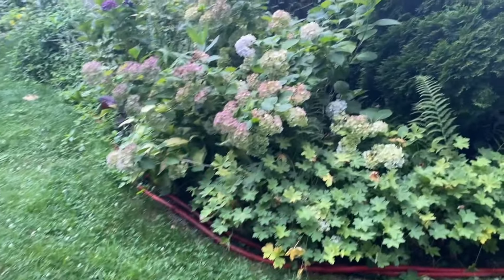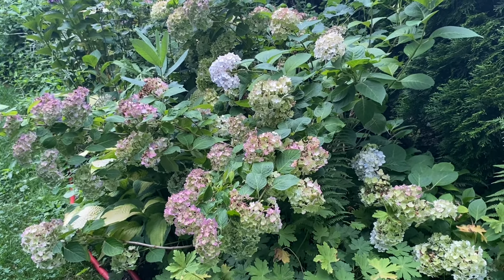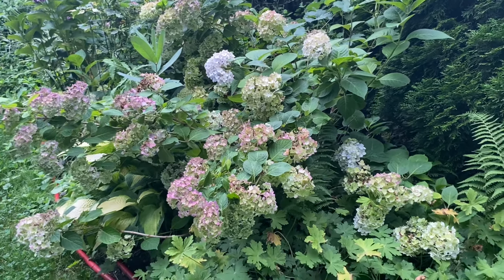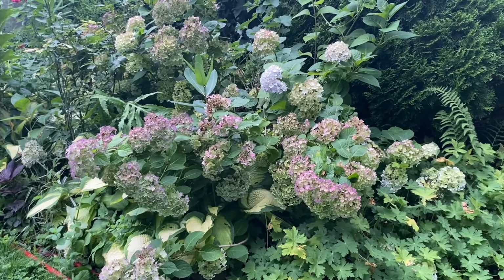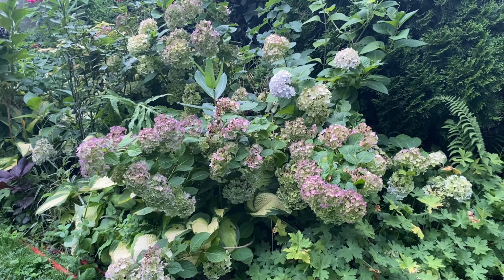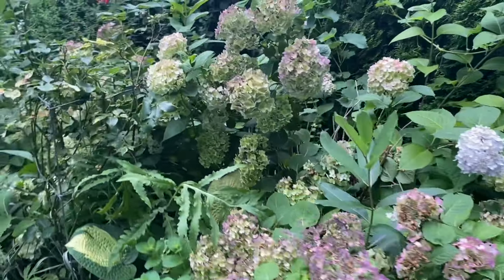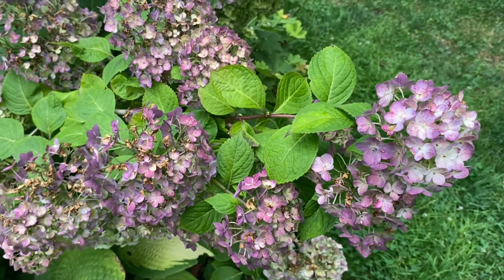Now here in this corner, this is the mother plant for the bridal bouquet. And you can see that it is just a beautiful shrub. And this is what I used, this particular one, to propagate the others. And it has been wonderful to see it flourish here in the garden. I love the shades of color. And it's just beautiful. And you can see the deep color of purple that it turns to, and then